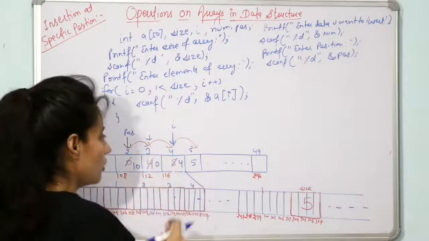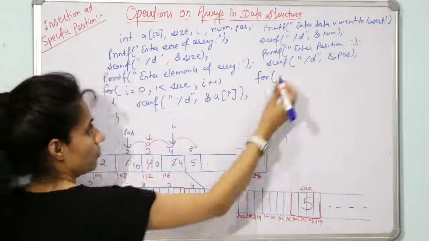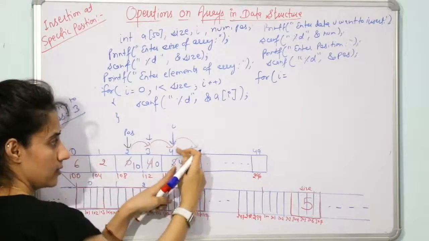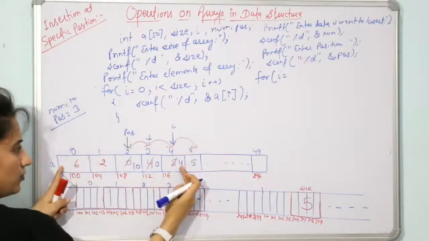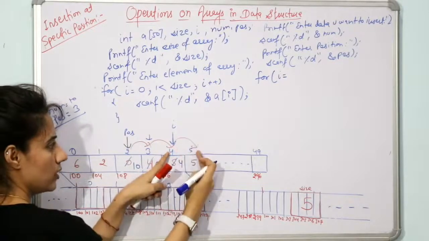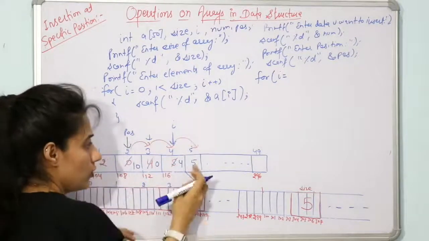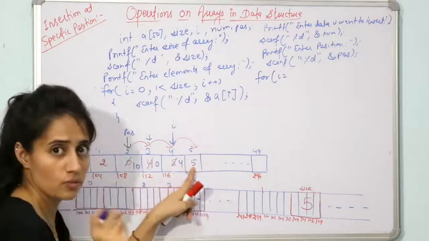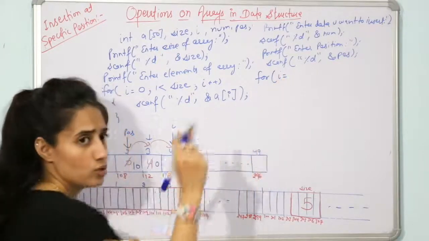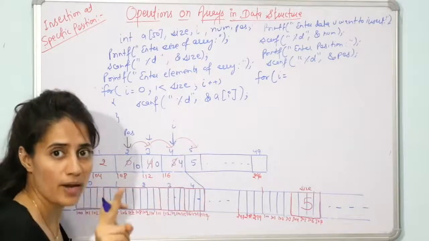Fine. So now you will write down a for loop for shifting, and from where will we start this for loop? Initially we are having only 5 elements from 0 to 4. So we have started our loop from here and we have shifted this to this. Fine. Two ways are there. You can also start our for loop from size. See, size is 5. So you can start the for loop with I is equal to size. That is also fine. And you can also start from size minus 1.